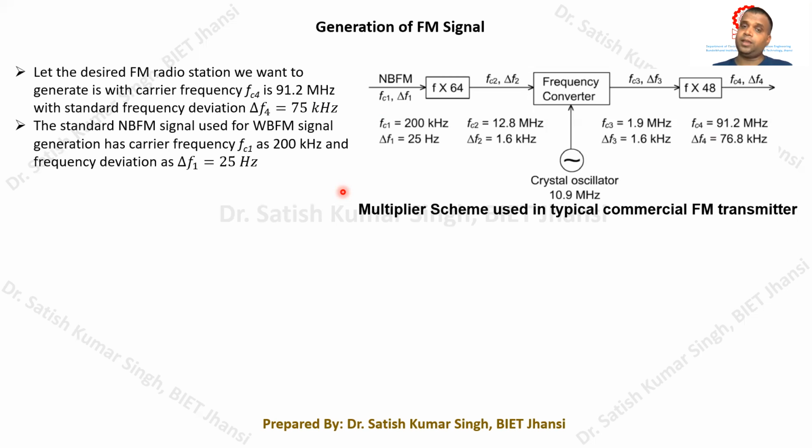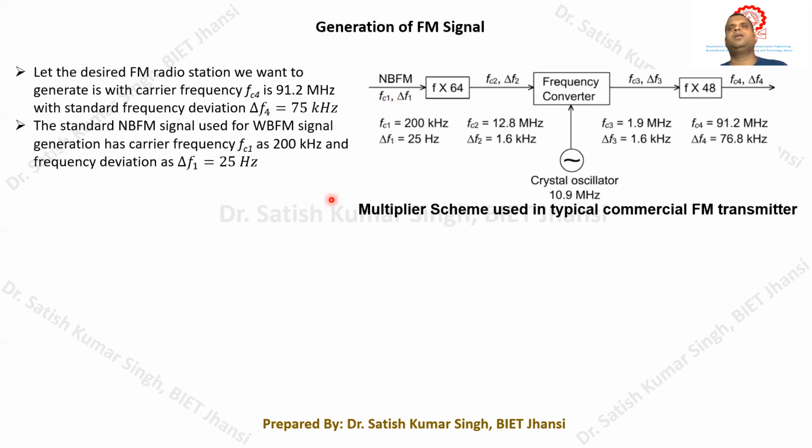But whenever the message frequency FM is small, for example 100 hertz, then we have to choose delta F1 such that for all the frequencies from minimum to maximum, meaning FM ranging from 20 hertz to 20 kilohertz, this beta should be less than 1. So we have to select our delta F1 accordingly.